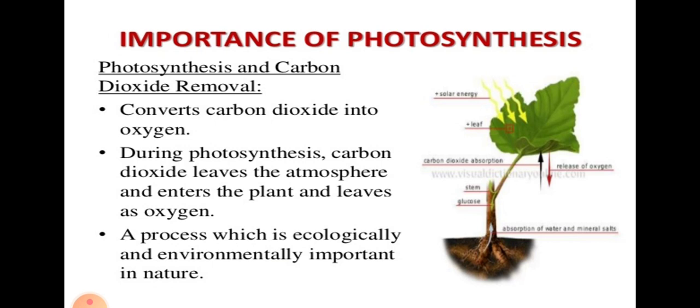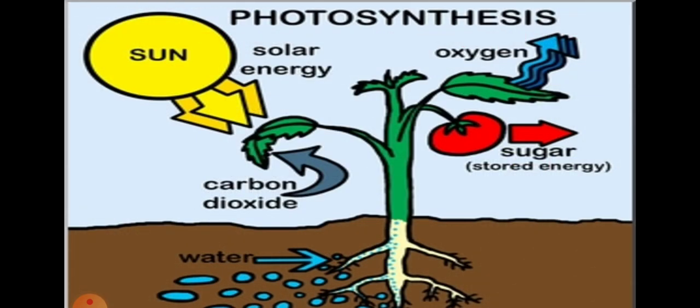Now, the importance of photosynthesis: the photosynthesis process helps to convert carbon dioxide into oxygen. During photosynthesis, carbon dioxide leaves the atmosphere and enters the plants, and the leaves release oxygen, a process which is ecologically and environmentally important in nature, for plants as well as for human beings. So this is one figure. You see,